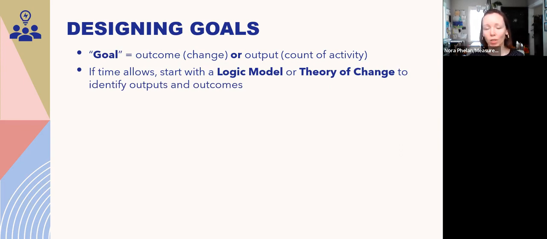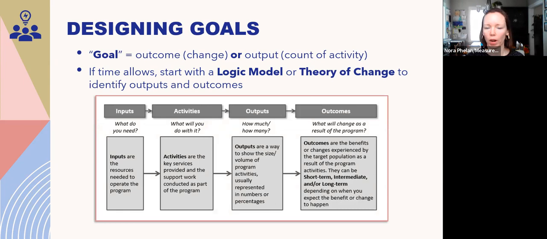There should be a series of brainstorming sessions, with inclusion of a variety of stakeholders to get input from different people. But it really can pay off to have that clear map of exactly what the program is doing, why, and the connection, why you think that is going to lead to a certain outcome, to make sure that's all clear. Here is a very basic template that I've used in the past for a logic model. If you Google logic models, you'll get a million different maps. You can do it in 100 different ways, but they should include these key elements of inputs, activities, outputs, and outcomes.